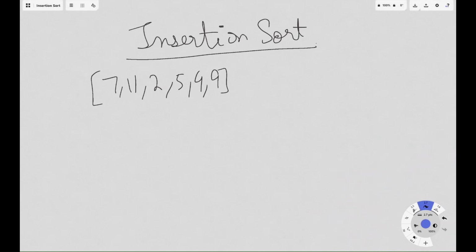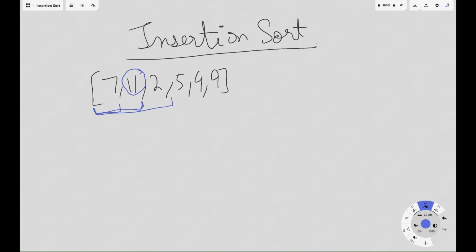Insertion sort actually takes the subarray and picks the rightmost element and inserts it into the correct position. Basically, it took this first subarray. Now it is already sorted, so there's no point of inserting it into its correct place. Next we take this subarray. We take the rightmost element and check whether it is inserted in its correct place or not. Now in this 7 and 11, this is in the correct position. Now it will take the next